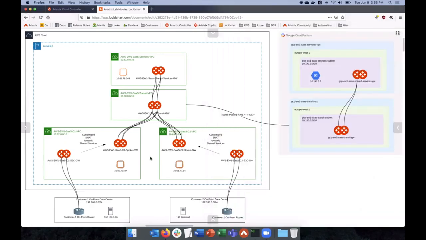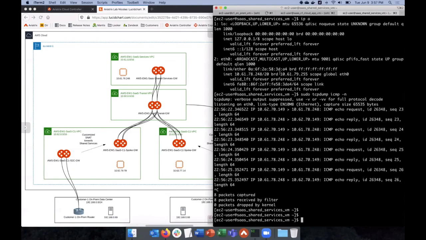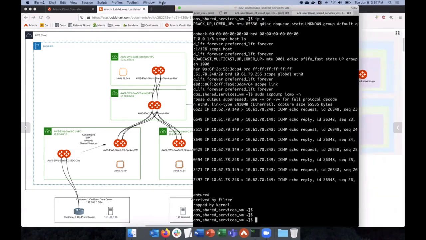Exactly. It does not overlap because you see for the customer 2, of course, we gave a VPC with a different IP that would be 10.63. So we know we're going to be okay. Perfect. That's beautiful. Okay. And the last test we're going to do is I'm going to move the window here